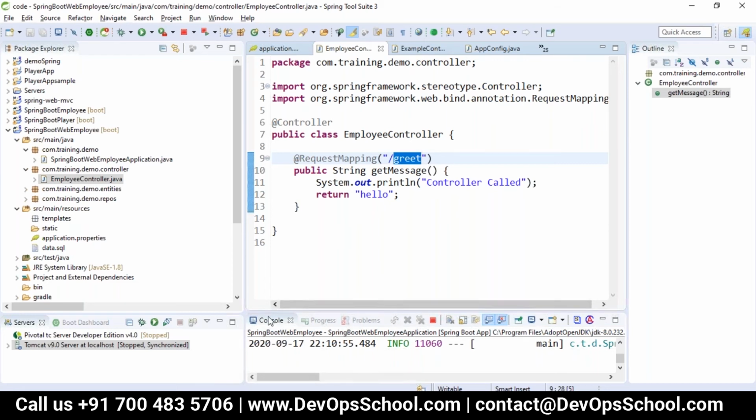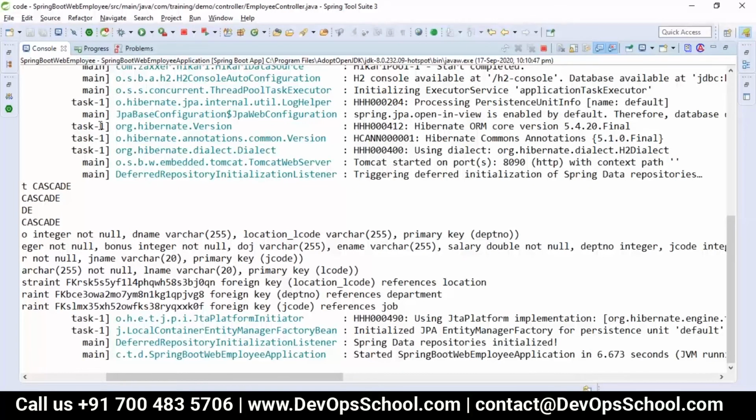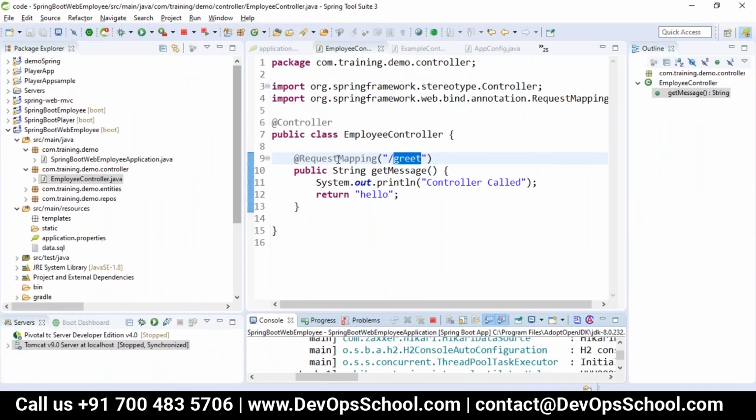Okay, my application got started and it is at port number 8090. Let me go to 8090 with the greet.